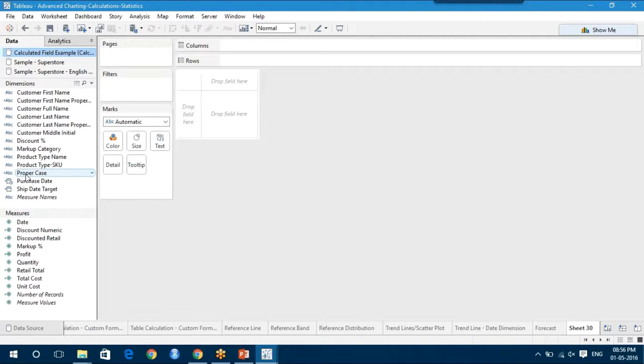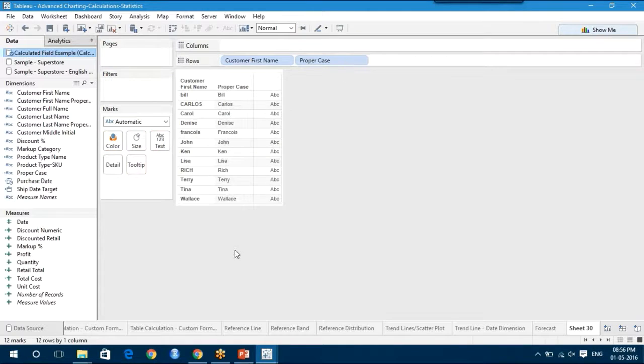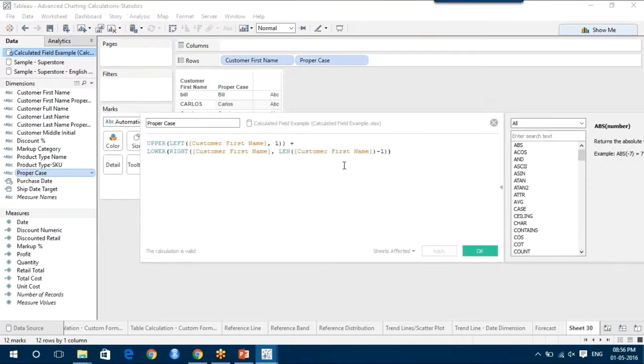Here is where proper case, the calculated field that we have created, resides. So I'm going to drag first the original field in the dataset, which has names of the customers not in proper case. Now that we have created a function for proper case, let me drag this calculated field and place it here. Now you see that everything is in proper case. But everything is fine except for that -1, right? So let me edit this, copy the entire thing,